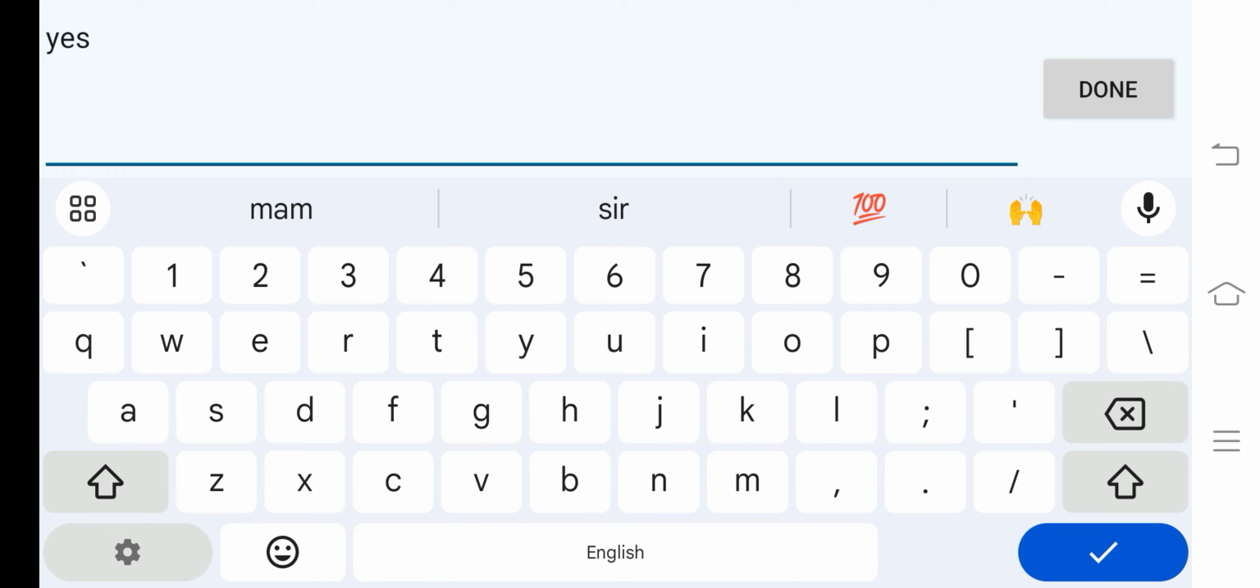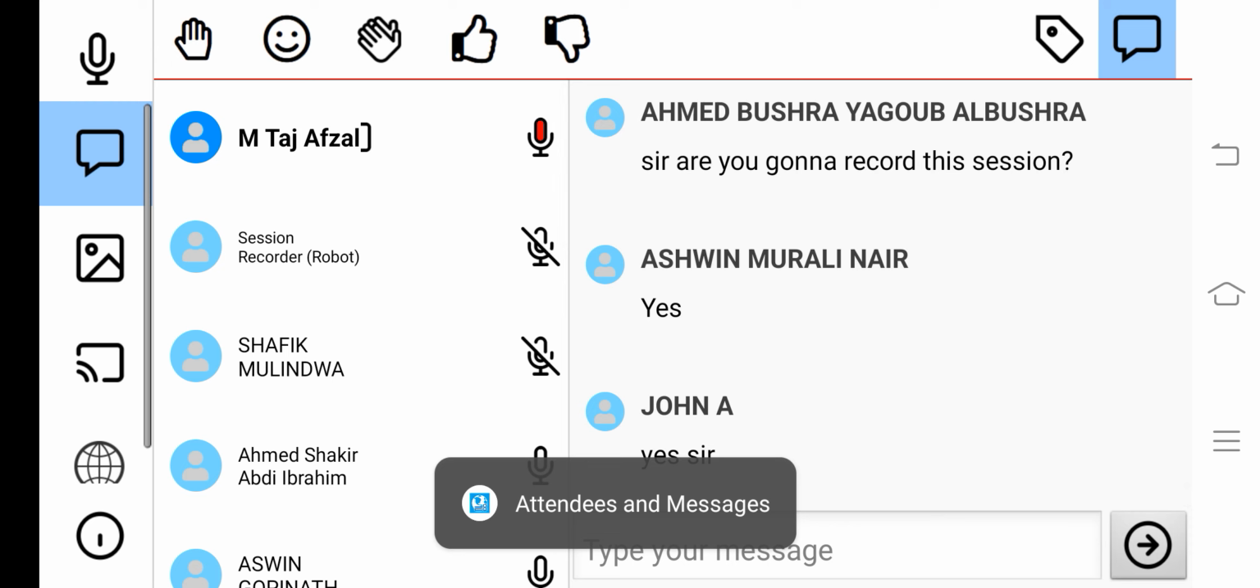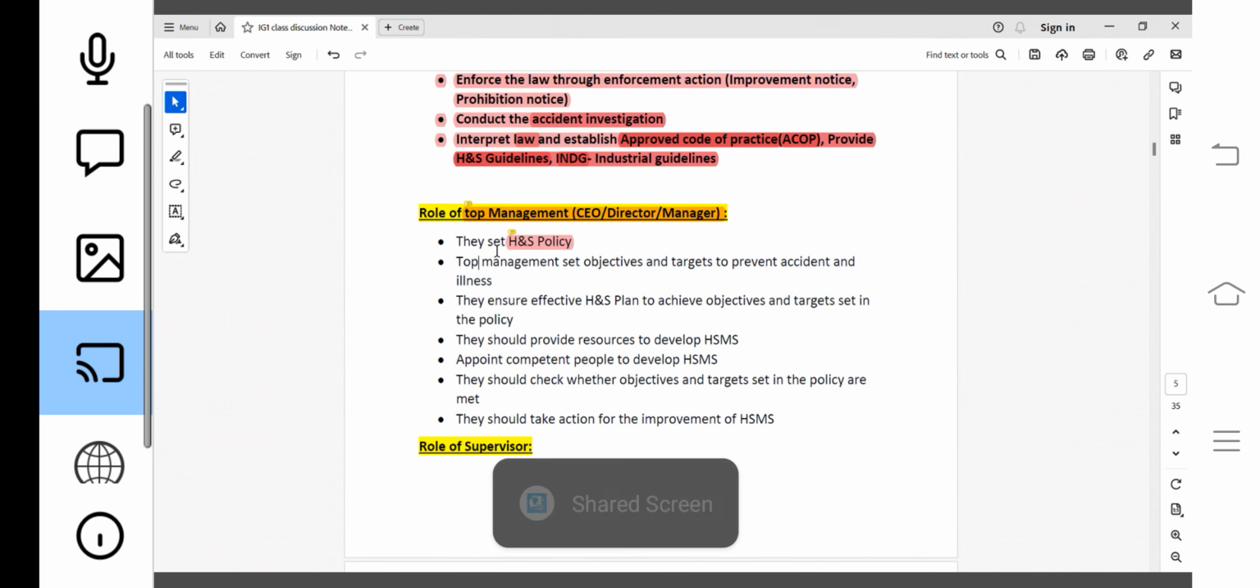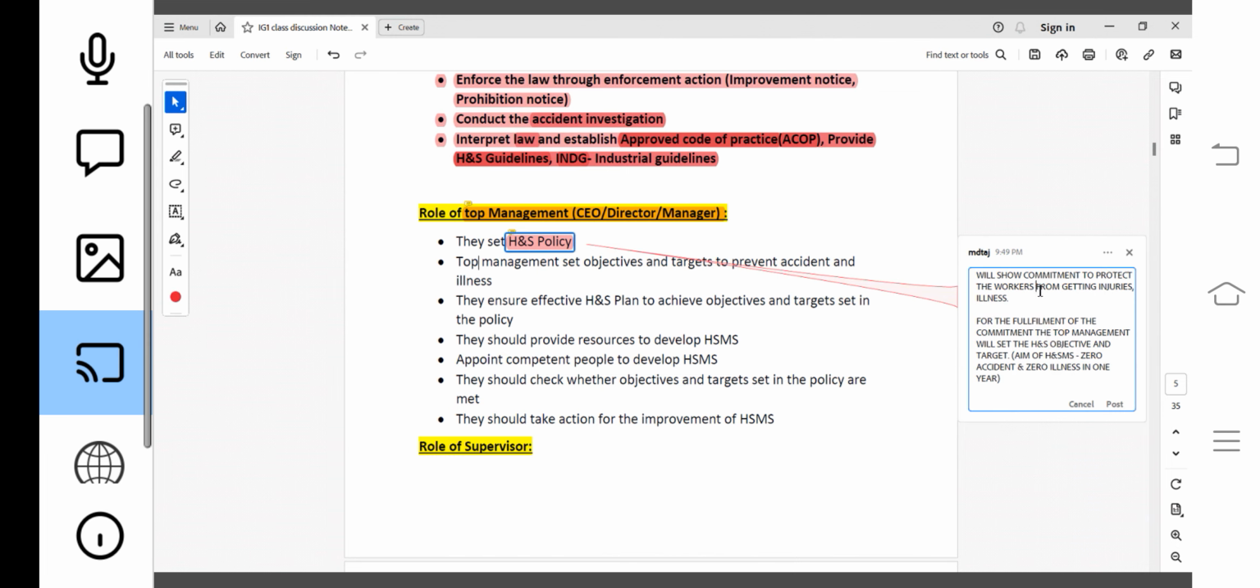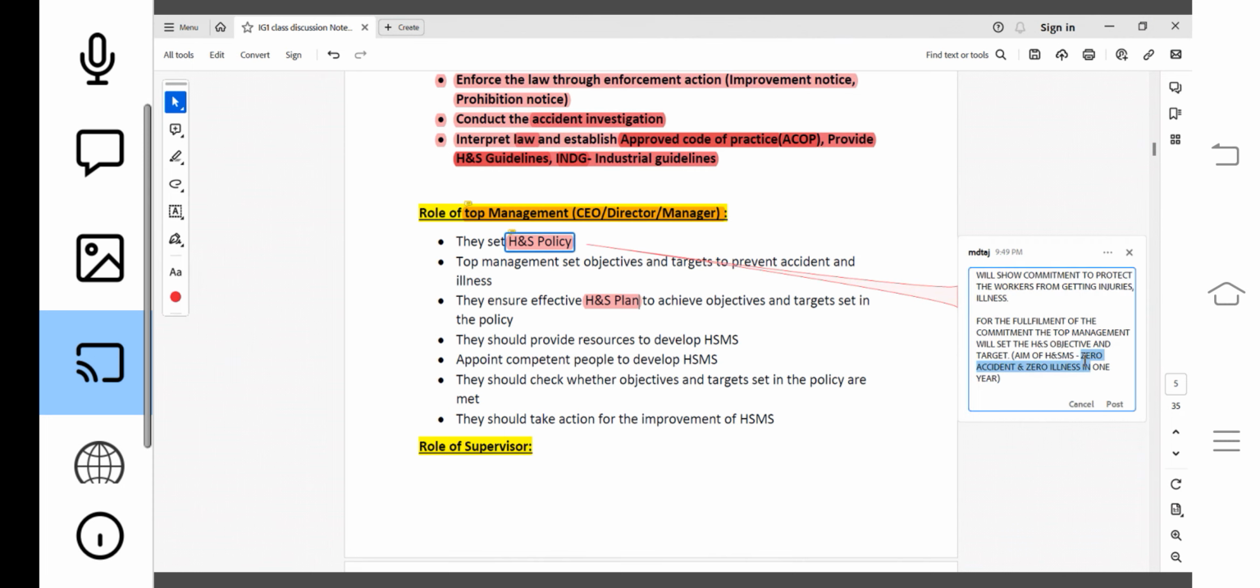Okay, Ashwin. Now, what is the second role of the top management? The top management sets objective and targets to prevent the accident and illness, right? So that is covered in the health and safety policy. First they will make a health and safety policy with the commitment, and they will set an objective and target to prevent the accident and illness, such as zero accident, zero ill health. Then after that, they will ensure an effective health and safety plan. For the workers, they are setting an objective and target, zero accident, zero ill health. Now, do you think that just setting the objective and target, zero accident, zero illness, in the health and safety policy, they will be able to achieve it? They must have a plan to achieve the objective and target,